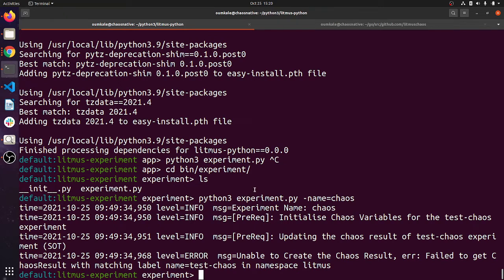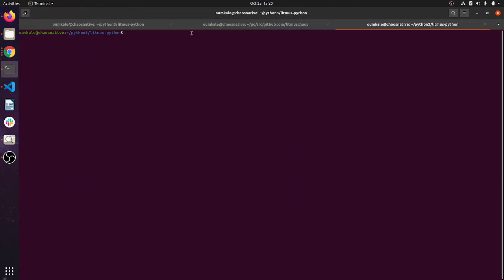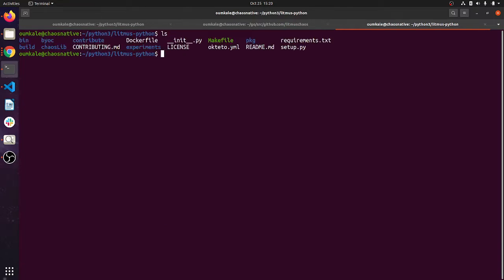We just have to make the Docker image for this now, and then we will install the resources and run this experiment. So we can create a Docker image. For the timing, let it get created.